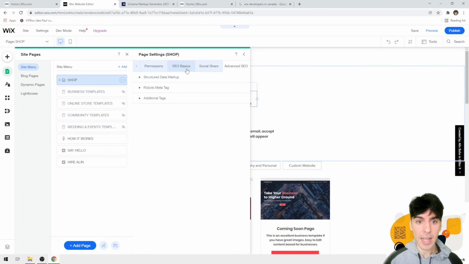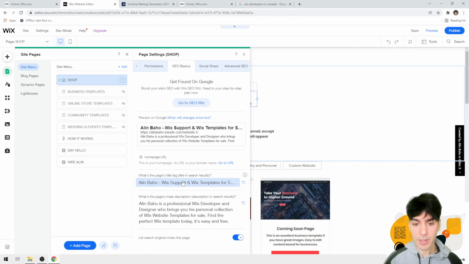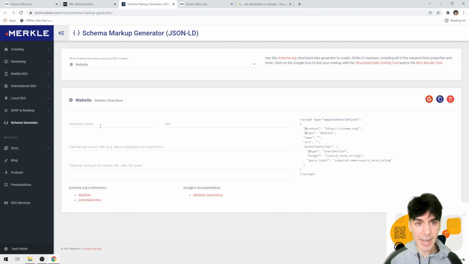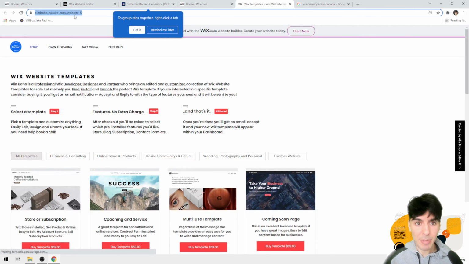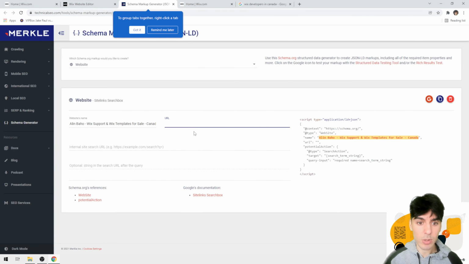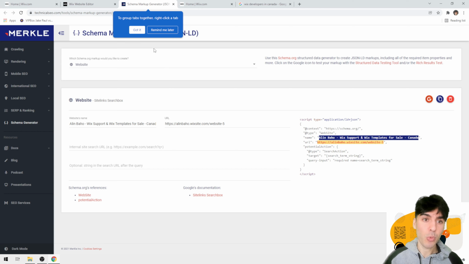Under the basic SEO, the title that we created here, let's right click this, copy it, and go back to our structured data and then technicalseo.com. And where it says website name, let's paste that in right there. And then we can go ahead and type in our URL. Ideally, what I'd like to do is always go to the live website and grab the URL right here. And then paste the URL so I can get the HTTPS. This right here is your markup. The reason why we added the actual SEO name for our basic SEO inside our markup is to reiterate to Google